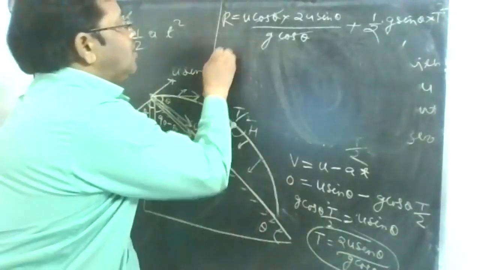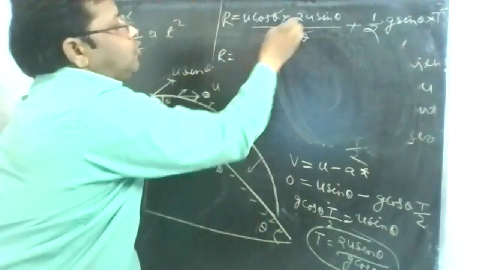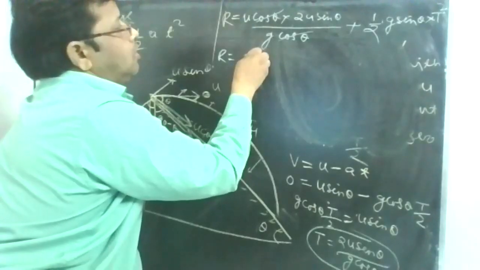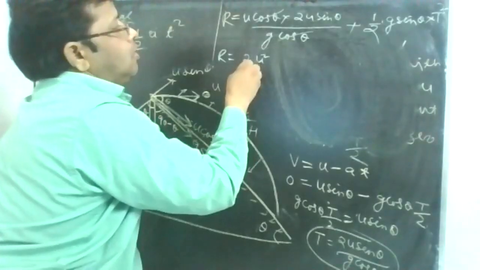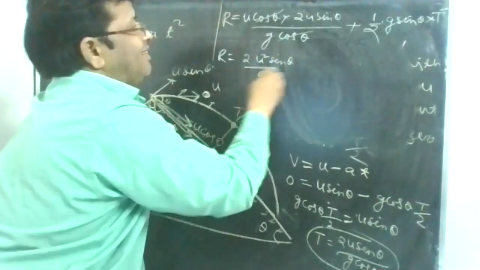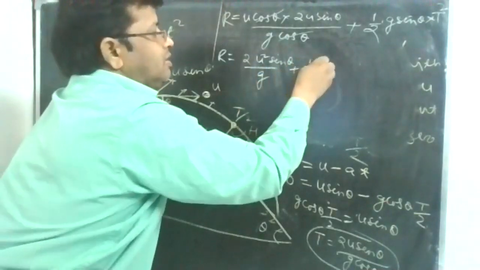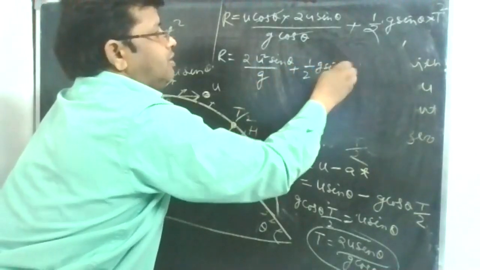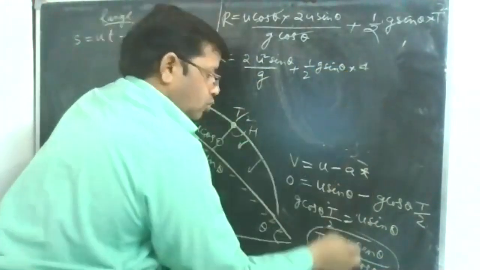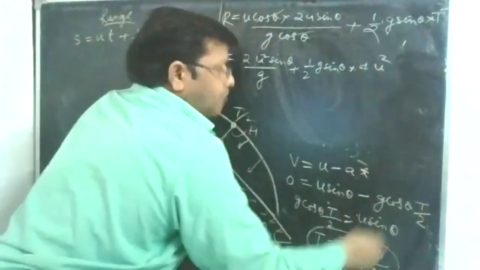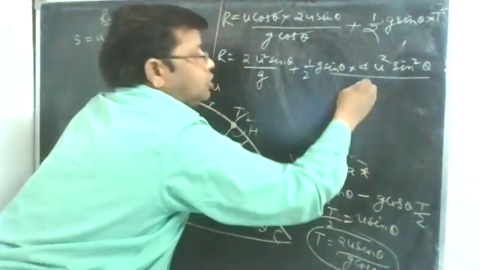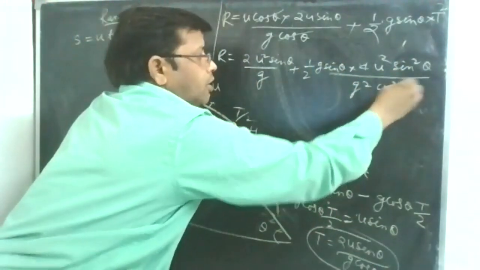beta into t square, in place of t square you put t square of this, so equation will be R equal to 2u square sin theta by g plus half g sin theta into t square। बेटा इसका स्क्वायरिंग कीजिए, 2 का स्क्वायर 4, u का स्क्वायर u स्क्वायर, बेटा sin θ का स्क्वायर sin² θ अपॉन बेटा इसका स्क्वायरिंग g² cos² θ।